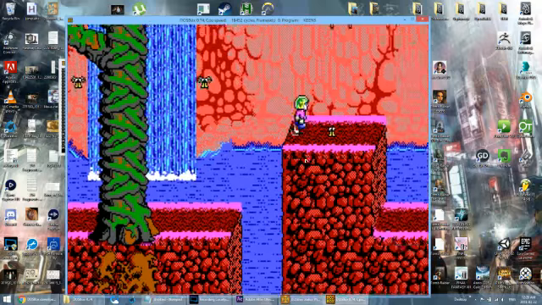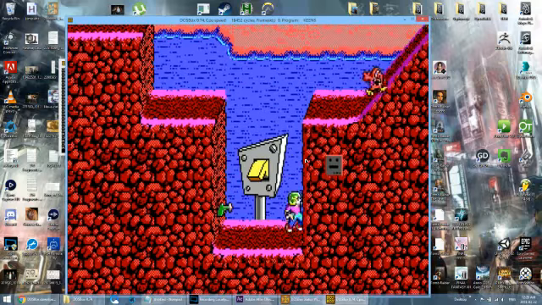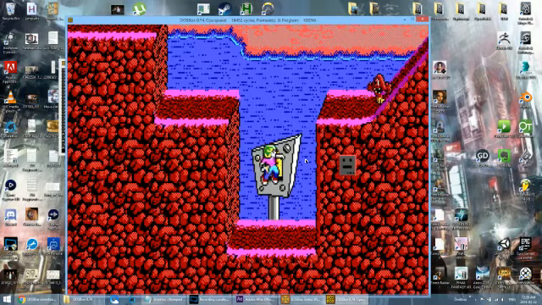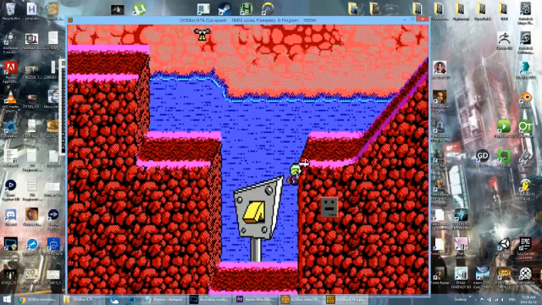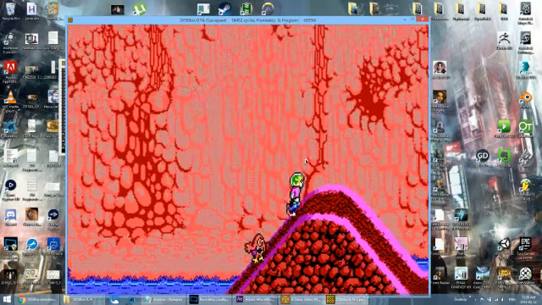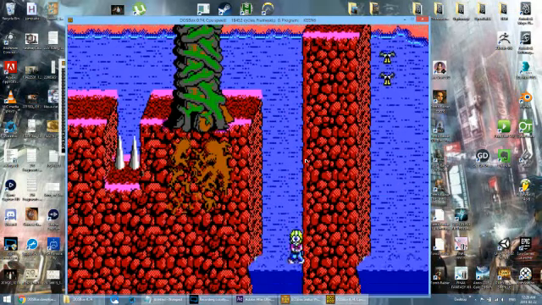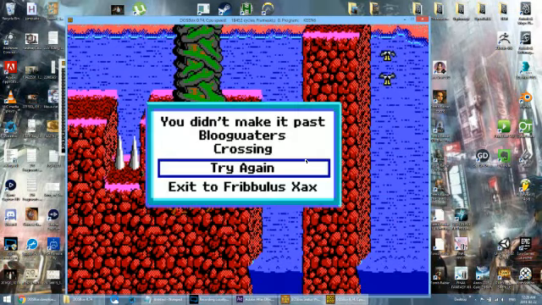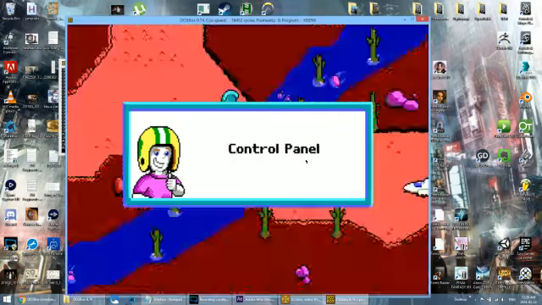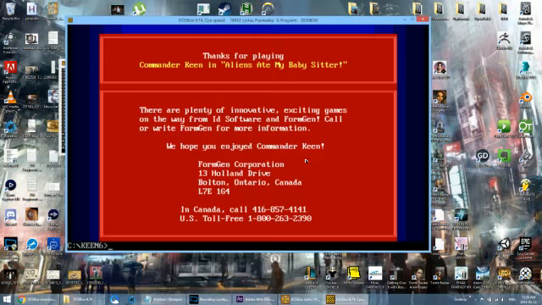Now basically, each DOS game does kind of have its own little thing. What do I mean by that? Its own set of controls. Let's die. Anyway, we're just going to exit out of that. Anyway, so basically with DosBox, this is the whole thing that you want to go through